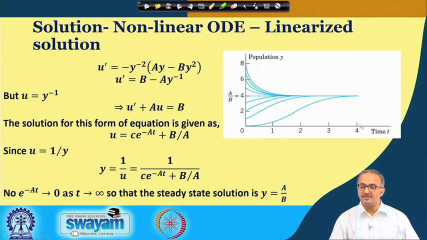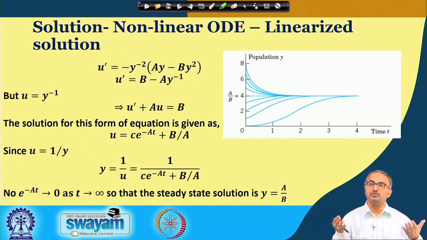So, this is y and this is the time. For some given a by b ratio, you can change the value of the a by b ratio, and you will find that you are converging to different values of the population. Of course, this a by b will be determined by the local factors, the geographical factors, or the demographic factors that come into action whenever you are deciding the population of any species in the world.